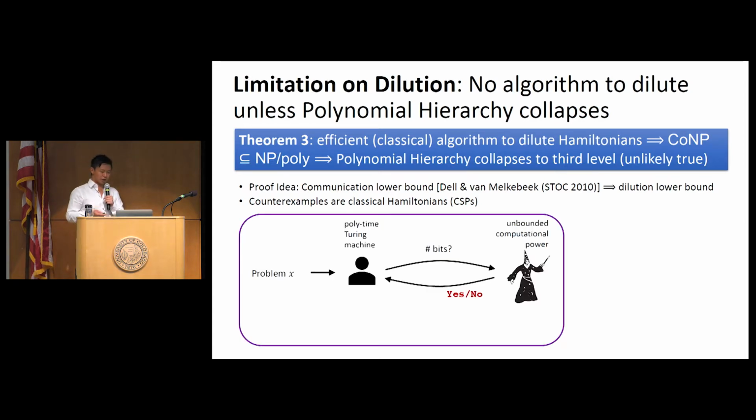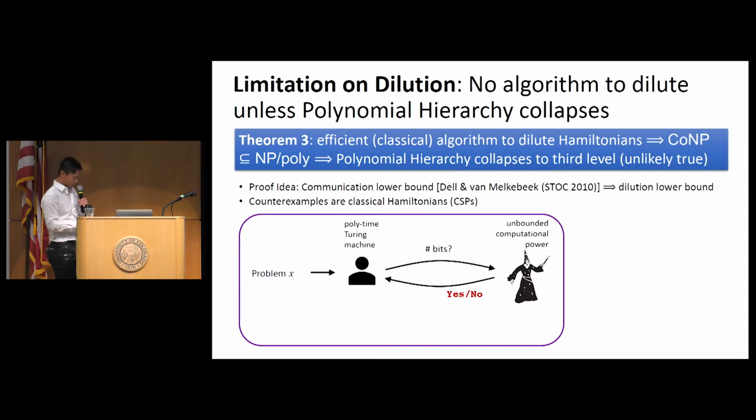So the setting of the communication protocol is as follows. Suppose you have a player who has access to some polynomial time Turing machine and is given some input x, and is allowed to communicate with an oracle with unbounded computational power, and together they want to find the answer to a decision problem, either yes or no. The resource you want to minimize, the cost of the protocol, is the number of bits communicated from the